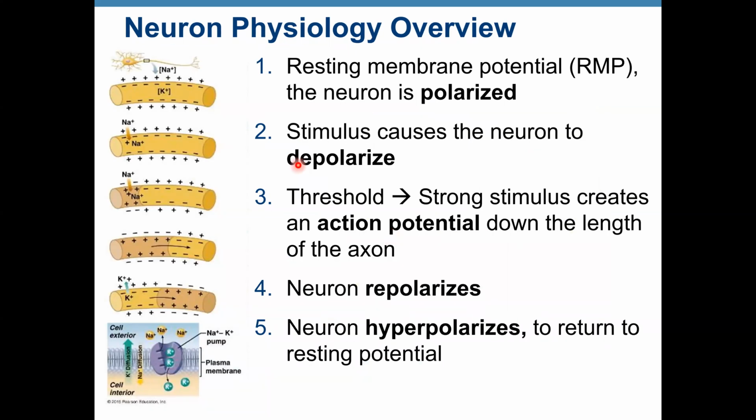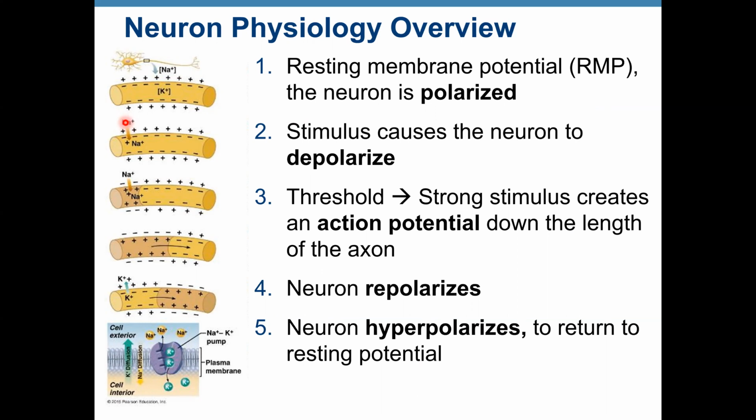Now, here we have the overview. Resting membrane potential is when the neuron is polarized. This picture shows us RMP. The neuron is negative inside, positive outside, and it's a salty banana. Sodium concentration is high outside, potassium concentration is high inside, right? So this is resting membrane potential and the neuron is polarized. Now, if we apply a stimulus,